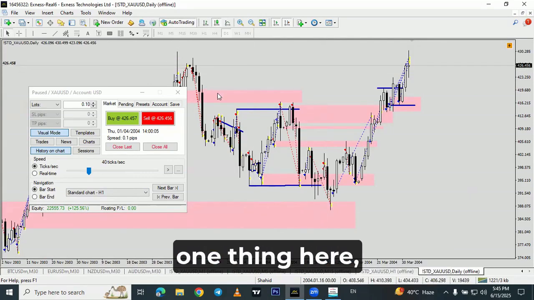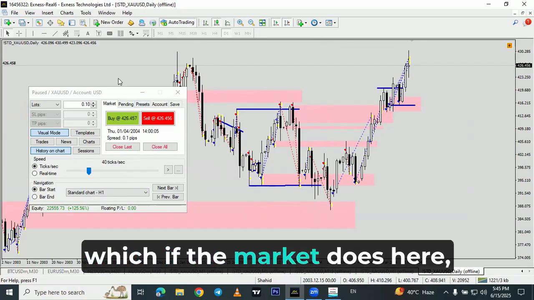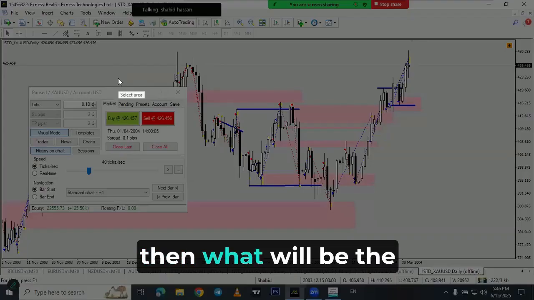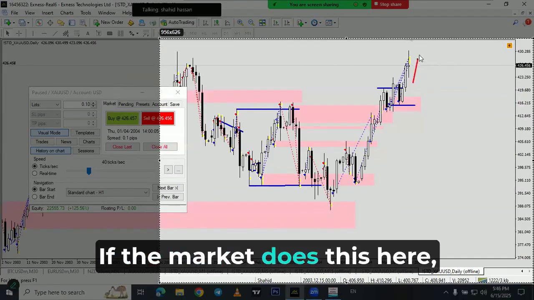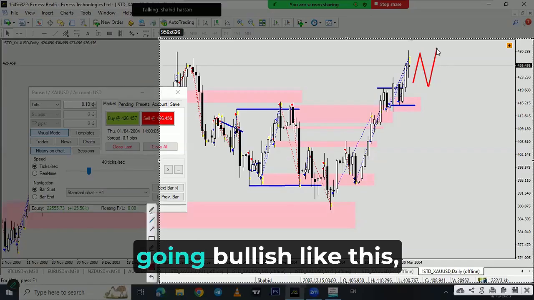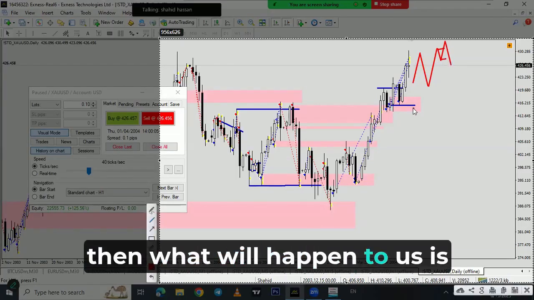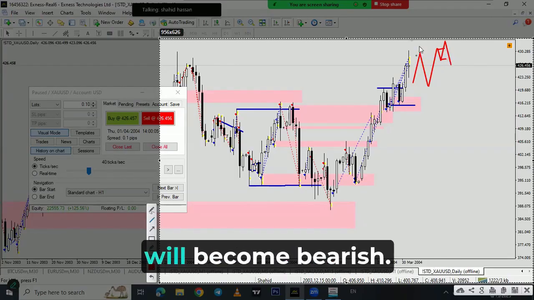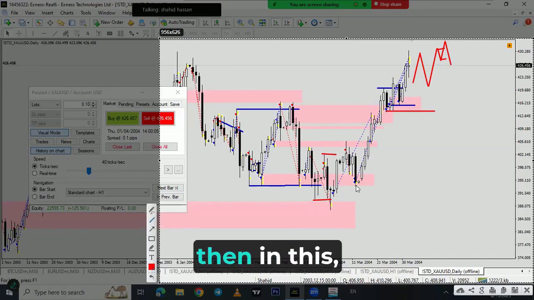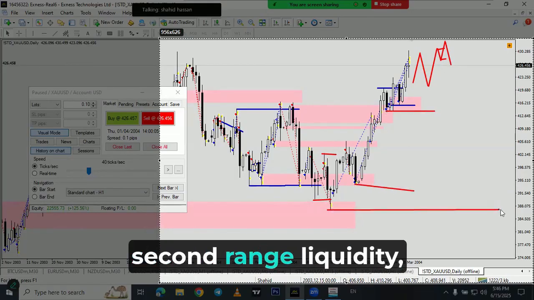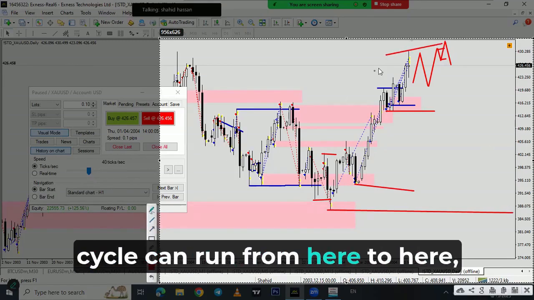Now if the market does one thing here, which if the market does here, does this thing, then what will be the cycle of the market? It will become bearish. If the market does this here, it is going bullish like this, and here it does buy set and sell set, then the cycle of the market will become bearish, which the market took from here, did sell set and buy set, then in this first range liquidity, second range liquidity, and the market can come back here to target it because the cycle can run from here to here. Okay,